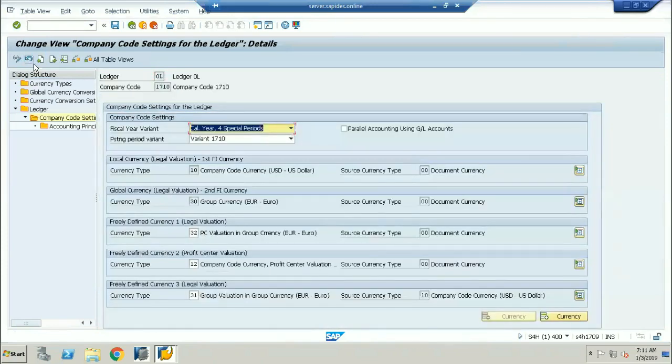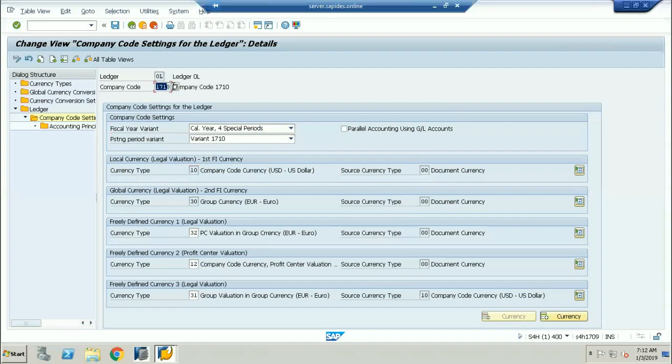Here you can see. This is my leading ledger. The leading ledger has been assigned to the same company code. Now here, what is the currency you are using? USD. USD is the local currency, called 10. Just now I told you, it is called the company code currency. But here there is a deviation. You are using the calendar year with April to March. Okay, this is exactly it.